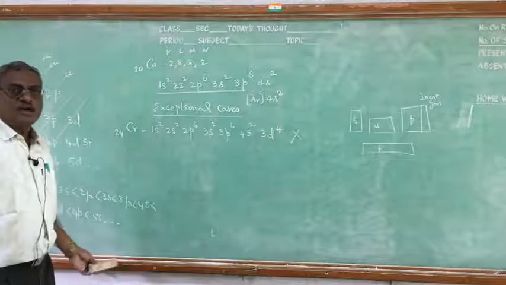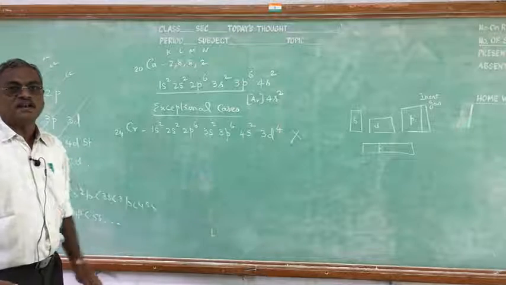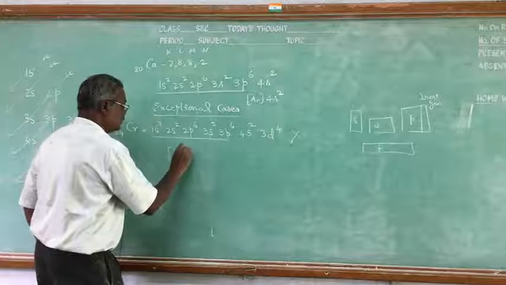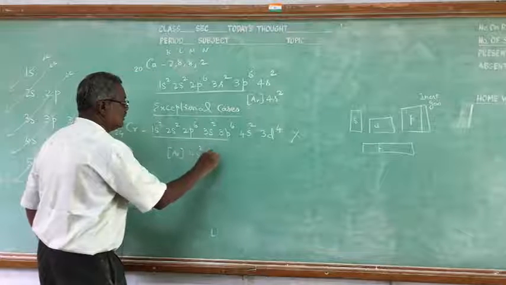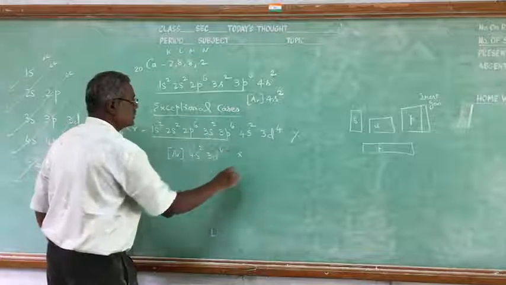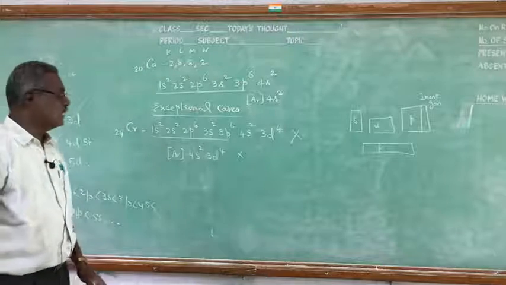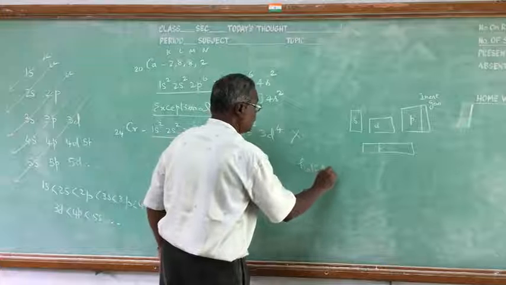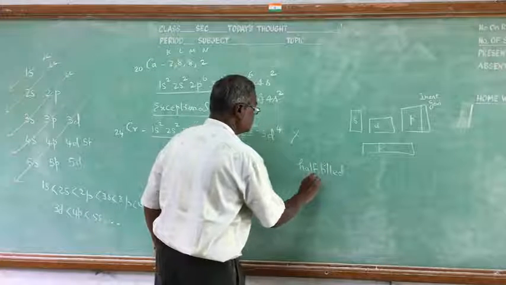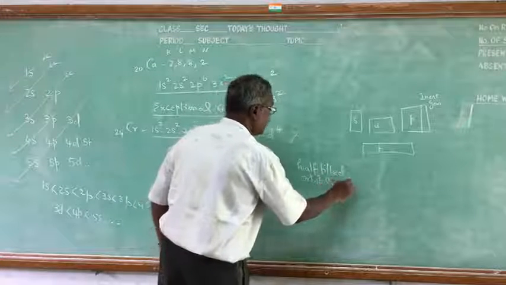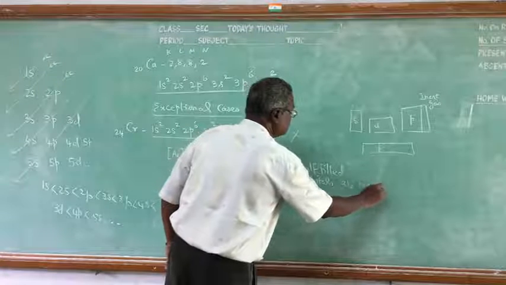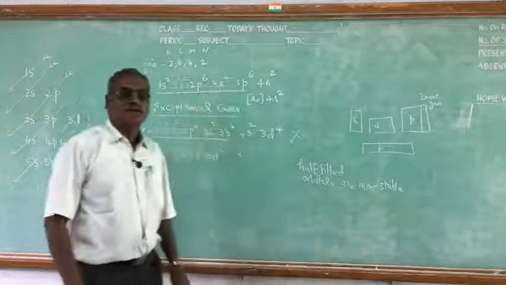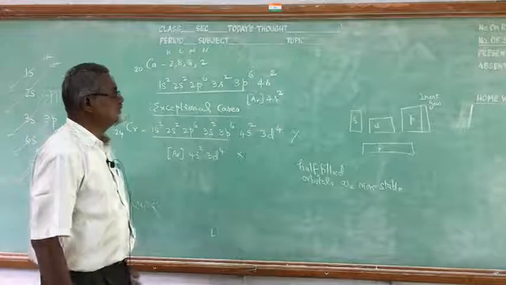According to the Hund's principle only I wrote. But where it is wrong: up to here I can write argon core 4s2, 3d4. This is wrong. So here there is a rule called half filled orbitals are more stable. Half filled orbitals are more stable. What are half filled orbitals?